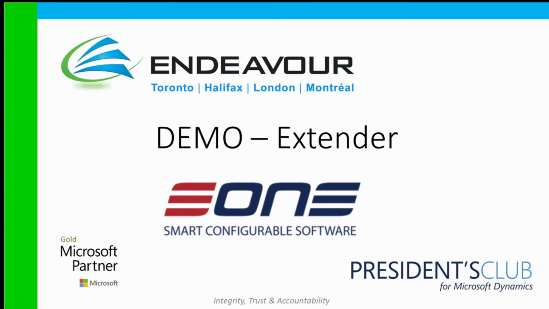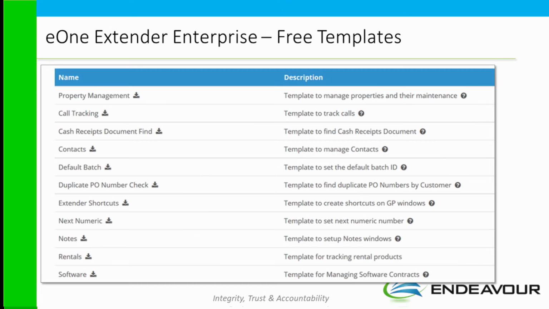Fantastic. And now on to eOne Extender. There's two versions of eOne Extender, Standard Edition and Enterprise Edition. Enterprise Edition is definitely our favorite. It allows you to do so much more. There's a ton of templates available from eOne as accelerators, where you can do some of the work yourself or serve as basic accelerators for Endeavour to use, reducing the time and effort to create customizations and functions